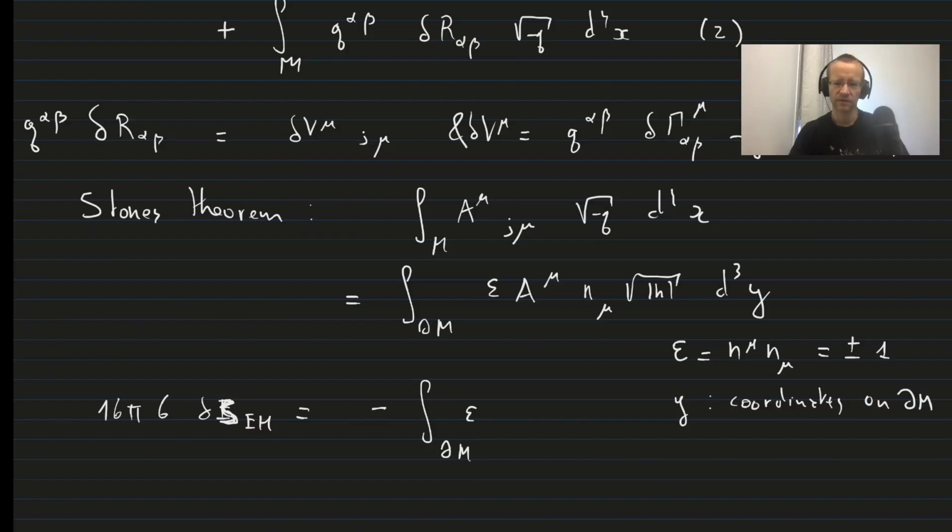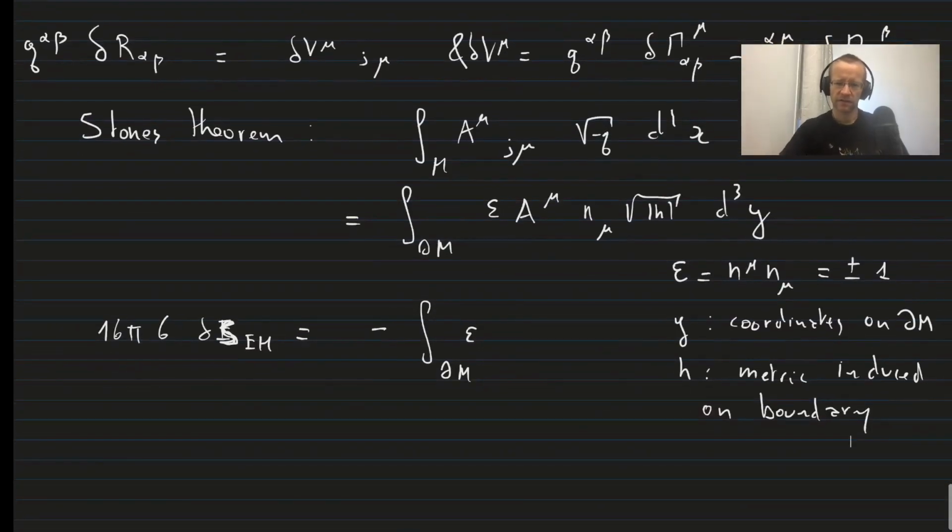X were coordinates on the manifold M, and h is the metric induced on the boundary. So we have some embedding equations, and with those we can pull back the metric on the full space to a metric induced on the boundary, and this we call h. And then finally, and most importantly, the vector n is a unit vector, normal, that is to say orthogonal to the boundary